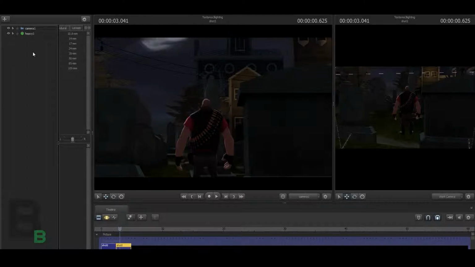Today we're going to be talking about lighting, and lighting is an interesting subject, especially in Source Filmmaker and film in general, because lighting can be extremely relative to what you're actually doing. So what I'm going to be talking about is how you would approach a certain shot in Source Filmmaker, because from what I've seen is people that